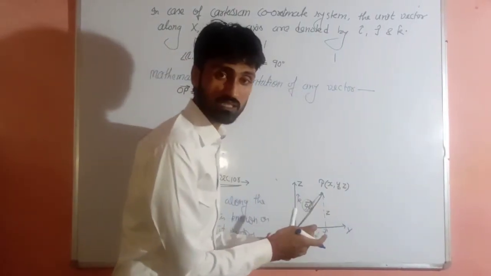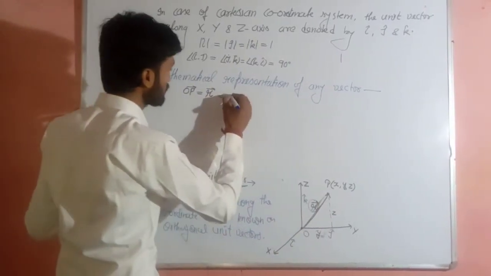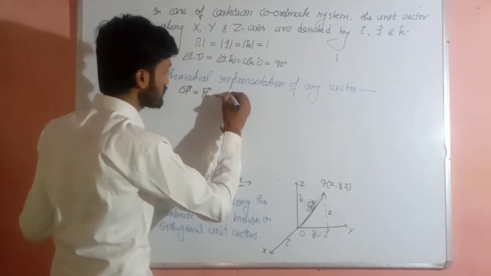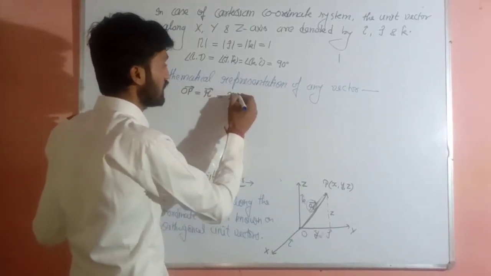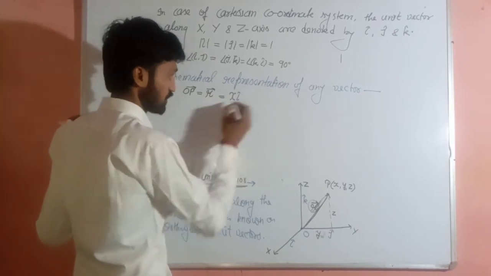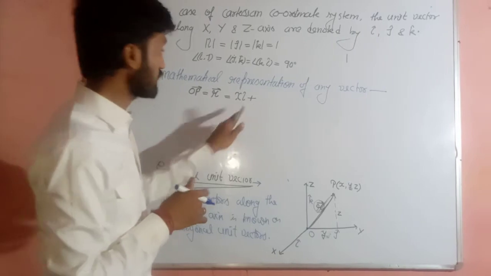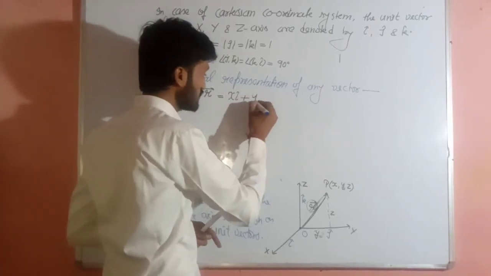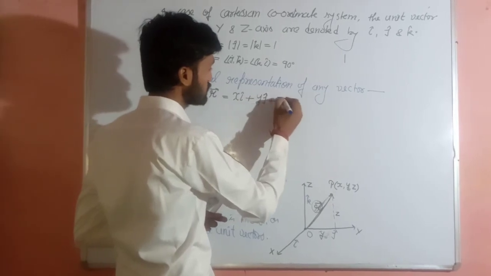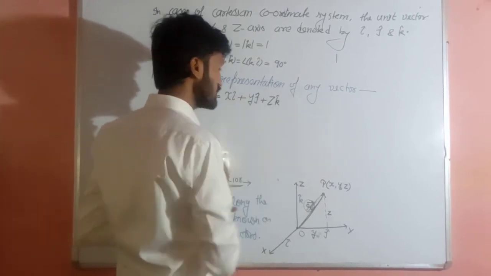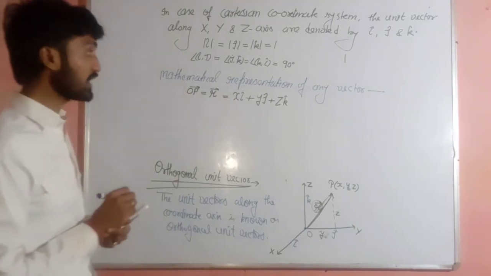Similarly in the direction of x axis we multiply by i cap. So we can say that along x axis the distance covered by the person is x, and the direction is along the axis, so the unit vector along that axis. Using the property of addition of vectors, second distance along y axis, so multiply by j cap, and z into k cap. This is the position vector of any point in vector form.